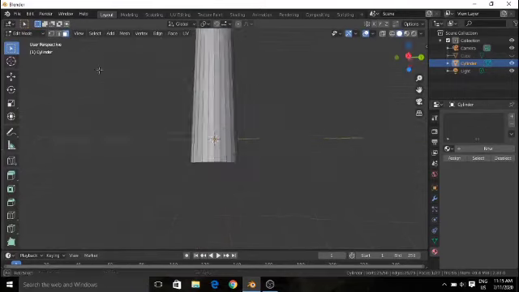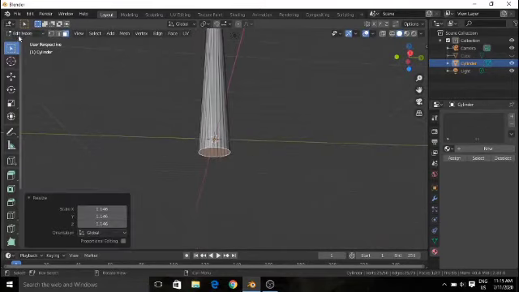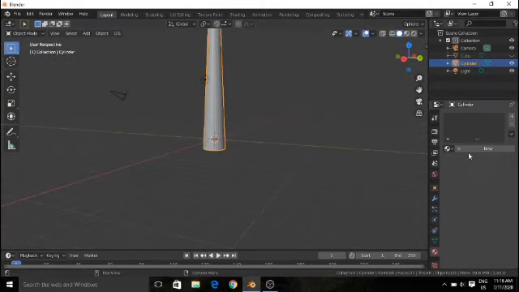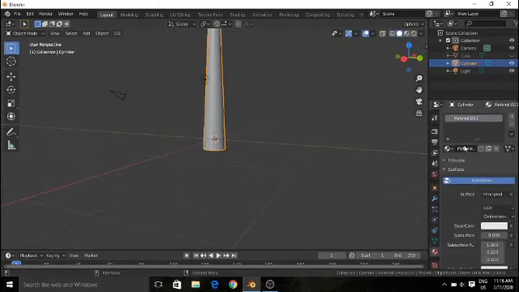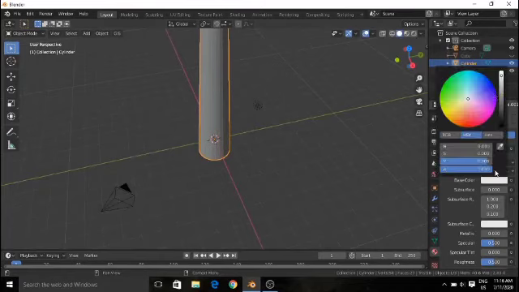That looks good. The base of our trunk doesn't look so good, so I'll scale that up a bit. Now that looks more like a pine tree trunk. We need to add material for this. The material will be brown color. So I will go to the base color, change it to a darker tone, and choose the brown color.